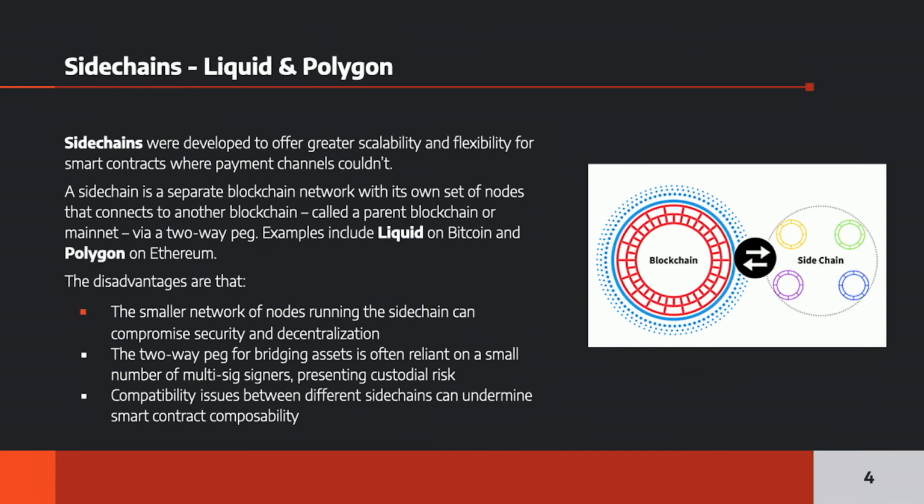So this is an idea of, okay, well, we do want greater scalability and flexibility for smart contracts. In the case of Bitcoin, we don't have native smart contract support, or at least it's very difficult to write smart contract use cases. You can do some escrows, you can do some time locks. There are people working on ways to expand that functionality in Bitcoin, but for the most part, we're not seeing a lot of that on the main chain because it's made for payments and payments only, and that's how it was built. But the idea is that maybe you can borrow the security of Bitcoin and place it on the smart contracts on a sidechain. This is something that Blockstream, which is a really big Bitcoin-focused company, has been working on for many years.